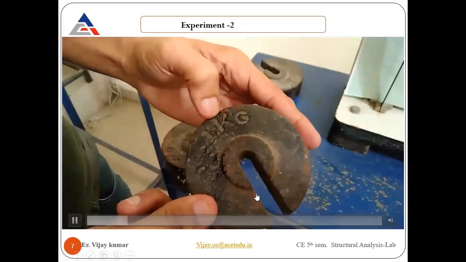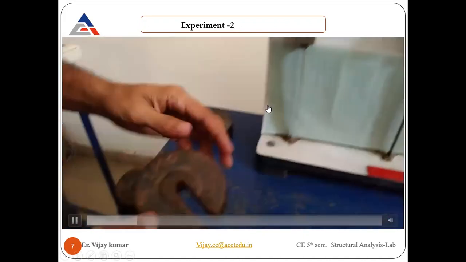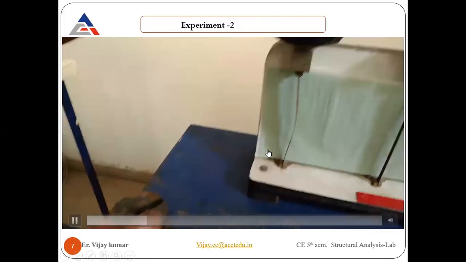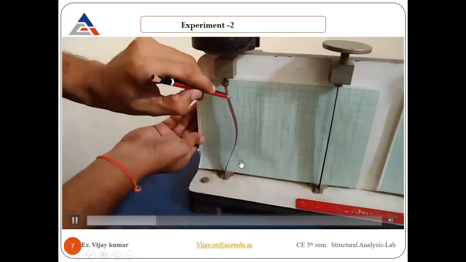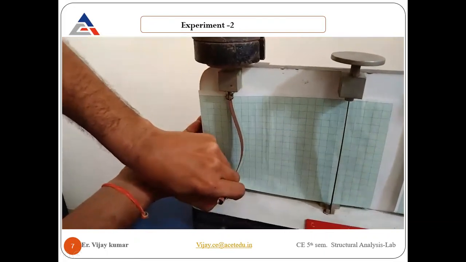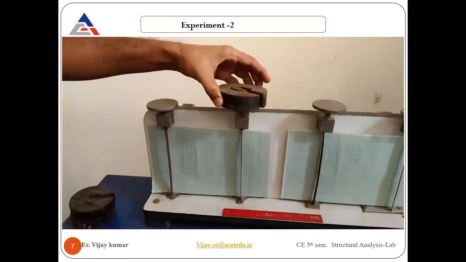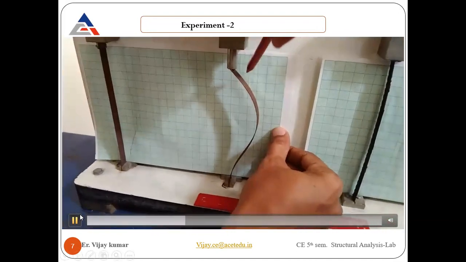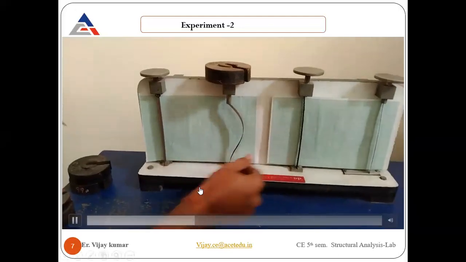Now you need to put a 1 kg load, but according to the capacity, as you can see, the fixed column is not going to deflect. As I am increasing the load continuously, you will see that the shape has changed. Now by using a pencil, hold the graph and you can draw the deflected shape of the column. That's how you can draw. Now remove the load, put it on the other. I will explain in very much detail here. I want to put some light on this particular thing. So let me draw first, and see this video completely first. Then I will let you know about these particulars.